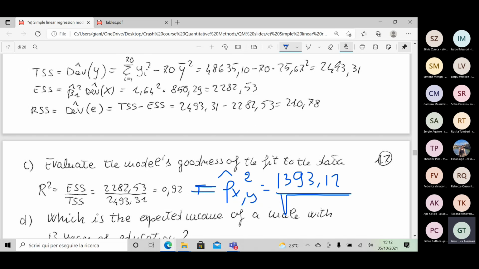The deviance of y is here, so 24,93... 93, comma 31, times what? The deviance of x. The deviance of x, which is